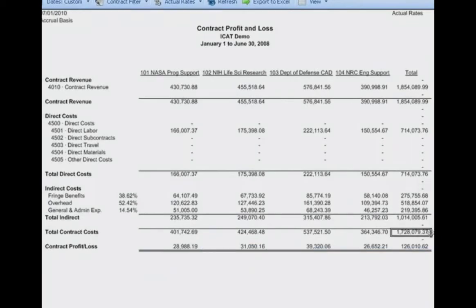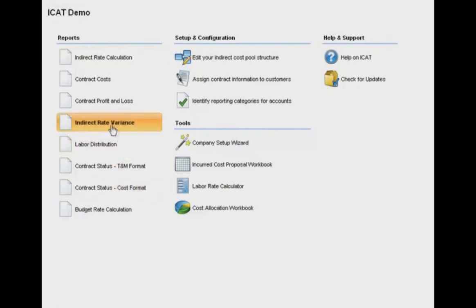Contract costs are the same as on the other report. And this then tells us how we're doing for this time period, January through June, on each of these contracts. The other report that's related to this that I wanted to identify for you is our indirect